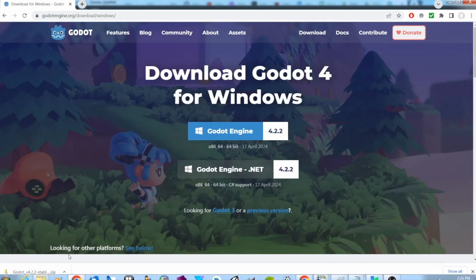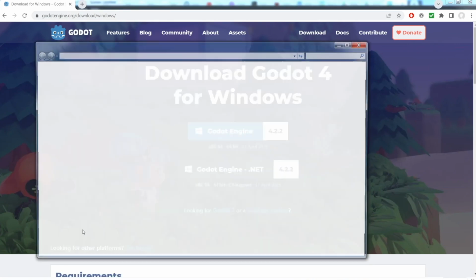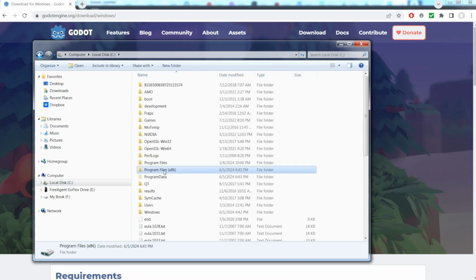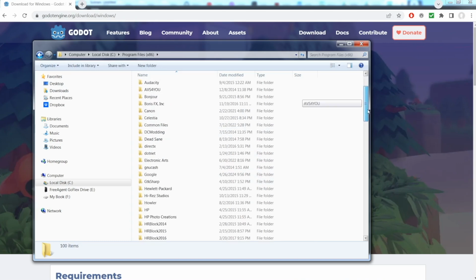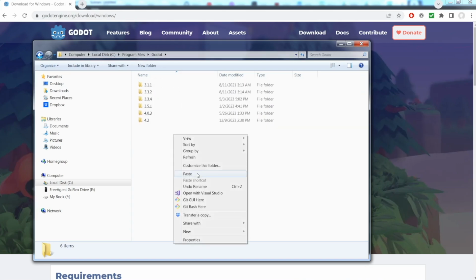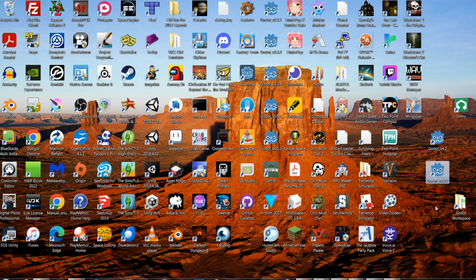All right, Godot is a very small executable, so once it's downloaded, simply open the archive. And if you're using Windows, you can simply copy the program wherever it needs to go. You can put it on your desktop, or I like to put Godot into its own folder. As you can see, I have various versions of Godot already installed, and it could not hurt to create a shortcut as well. Once you have Godot installed and you have a shortcut set up on your desktop, just double-click the icon,